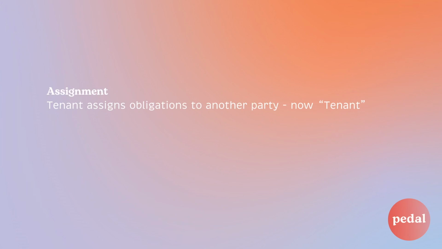When you assign the lease, you are transferring all of your obligations to another party. They're essentially stepping into your place in the lease. This doesn't necessarily mean that you couldn't still be on the hook for the security deposit or guarantee if the assignee, or the person you assign the lease to, defaults, but that's to be negotiated by your lawyer in the lease. Subletting, on the other hand, is when you act as a mini landlord to a subtenant.